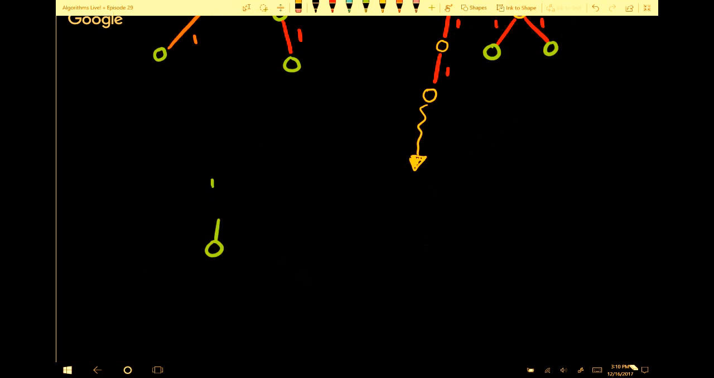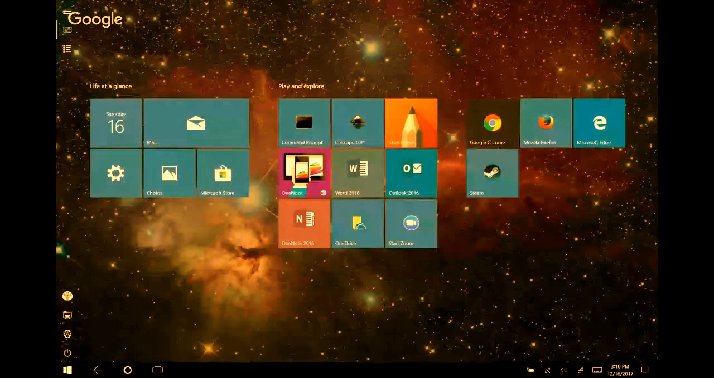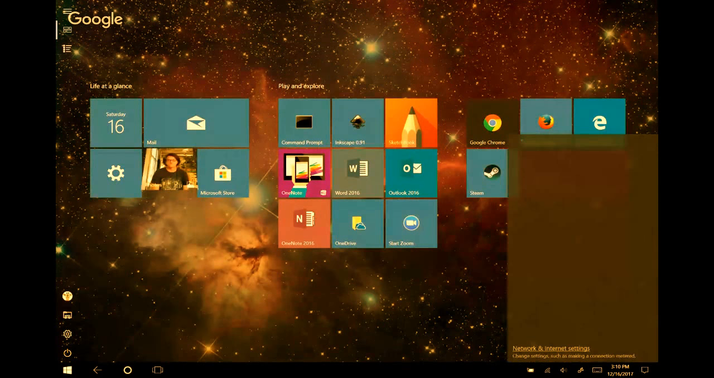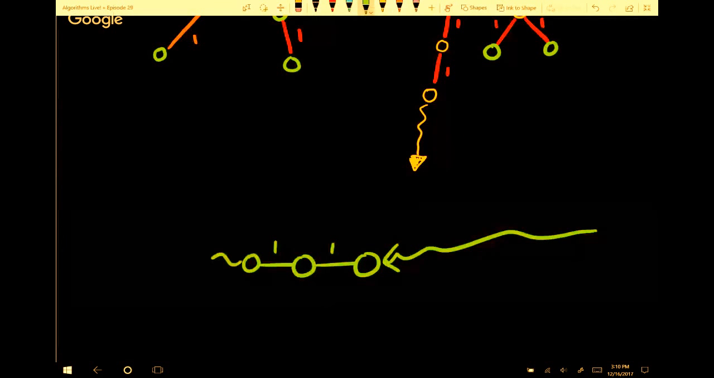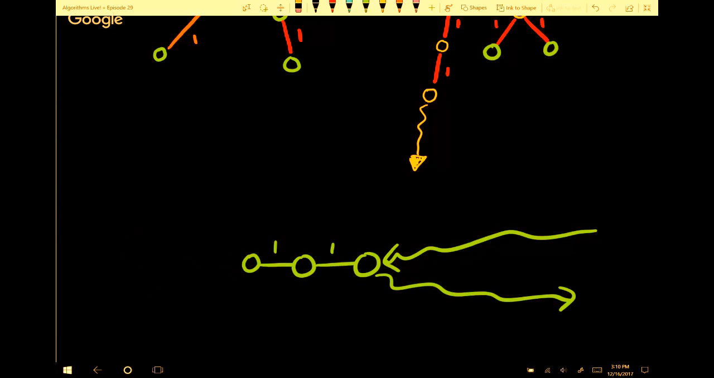Okay, so we end up with any path that comes in this way, or comes in the other way, and then leaves this way. These are bad paths. Basically, any node within those subtrees is actually bad because